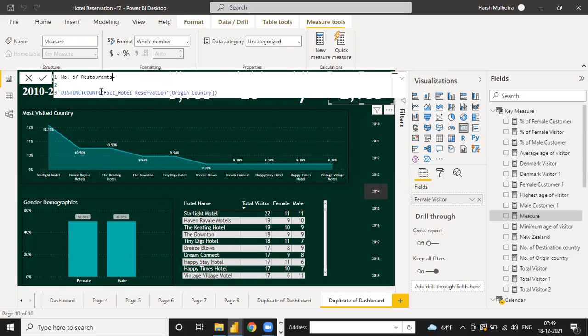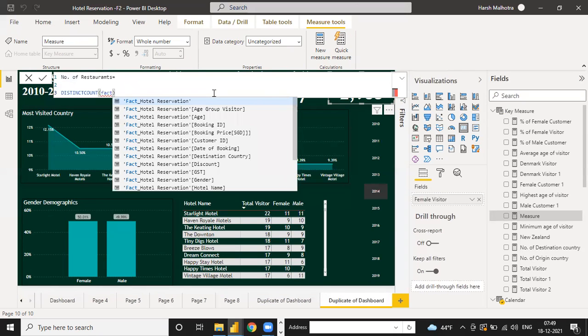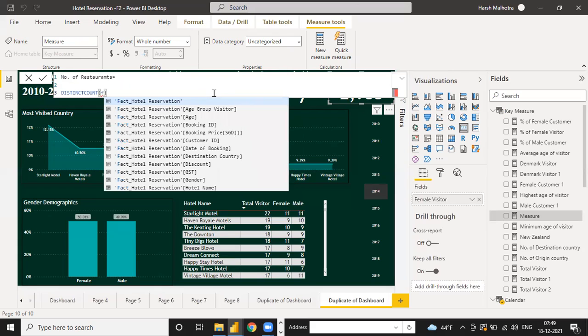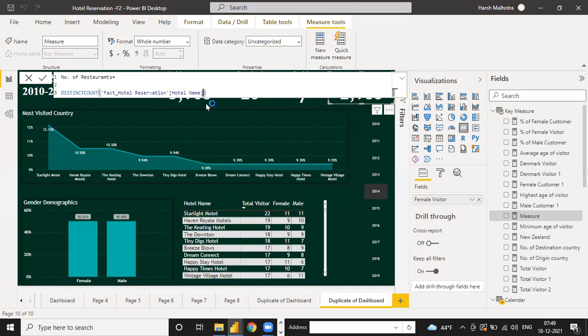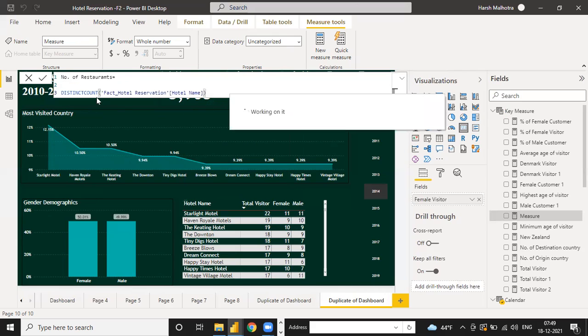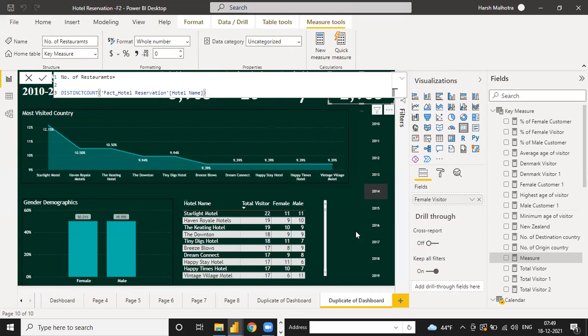You can also change the column name. The function is the same, listing count, but you can change the column name under this fact table. You can use only the hotel name. This is the main column, and just enter. This value will give you the unique total number of restaurants in your data.